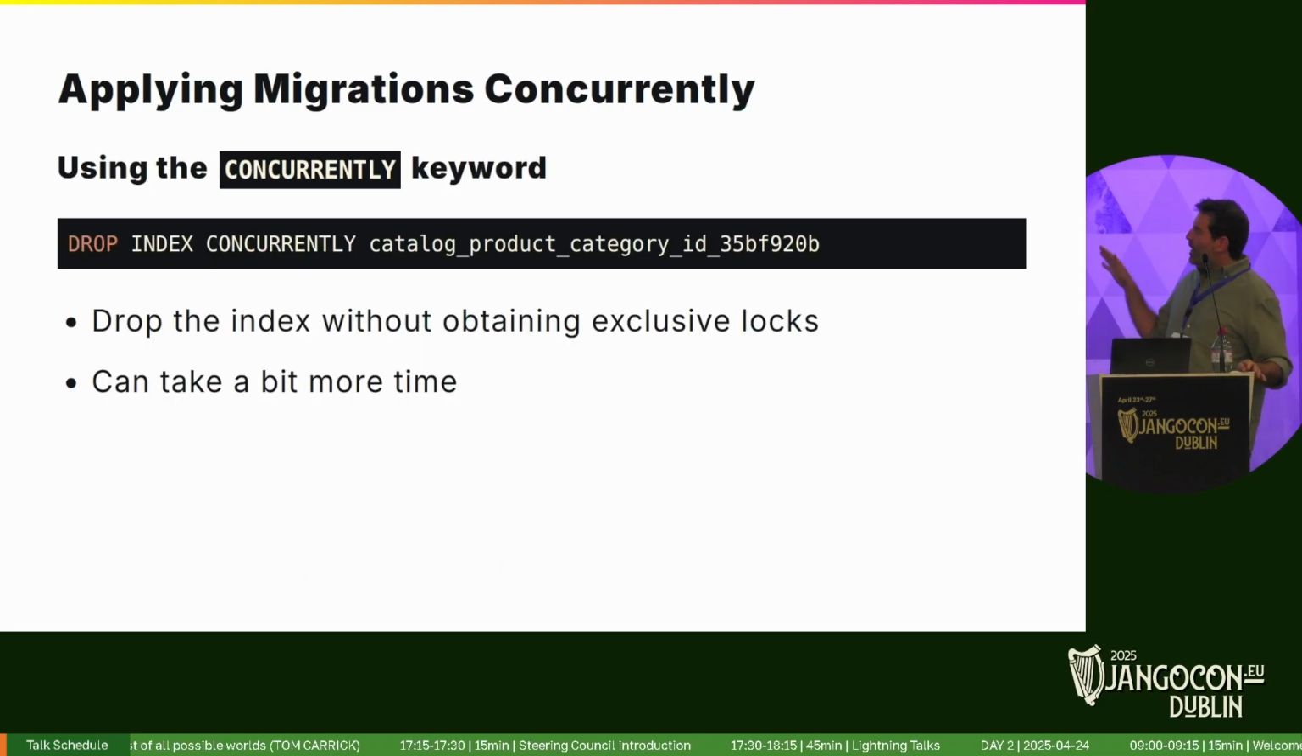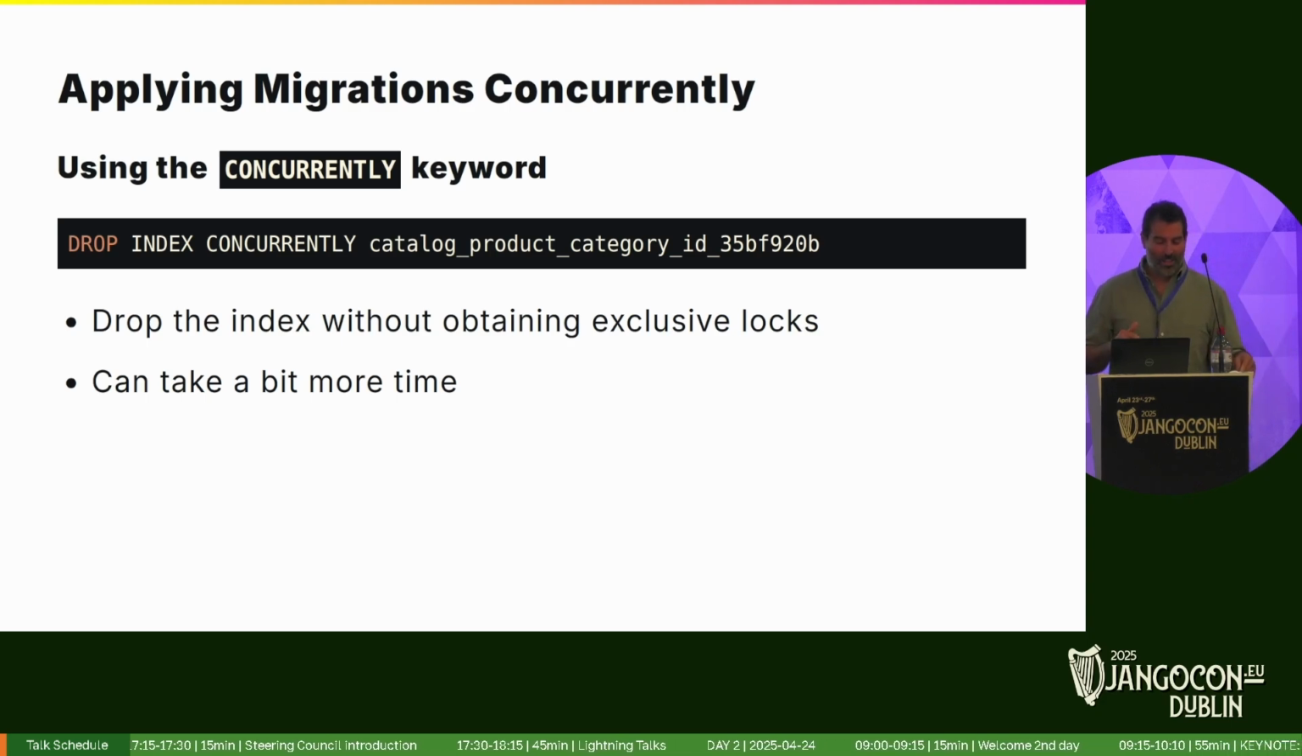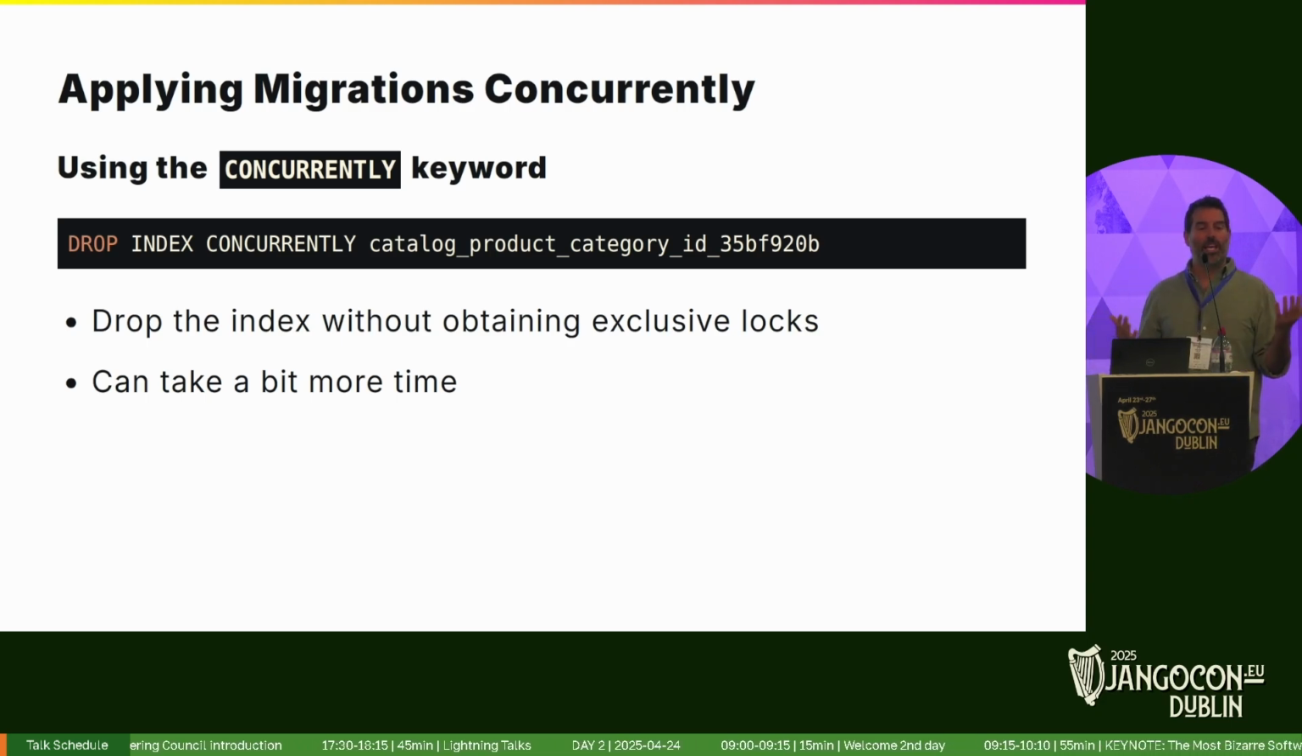To drop an index concurrently in Postgres, it drops the index without obtaining exclusive locks, which means it doesn't interfere with ongoing traffic on our system, right? So it can take a little bit more time, but I think that it's worth it if you have a busy system. The next catch that we need to be aware of is that Postgres implements something called transactional DDL,